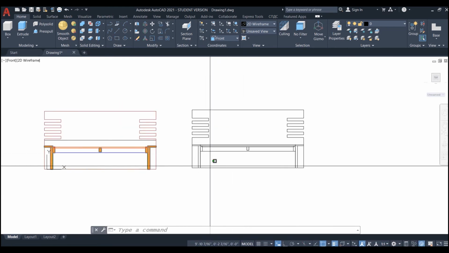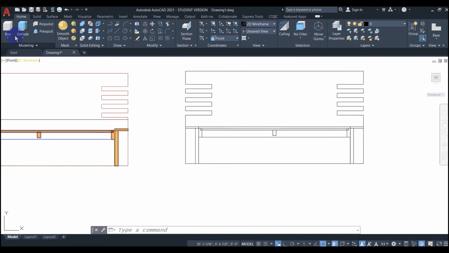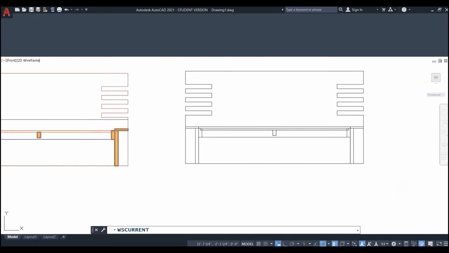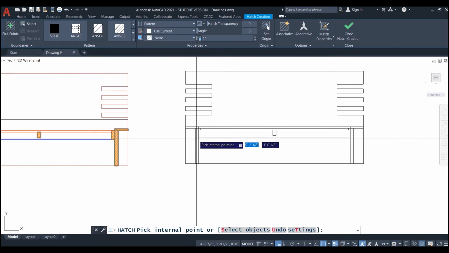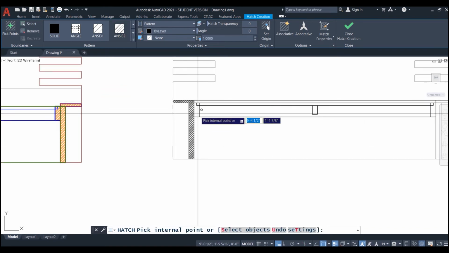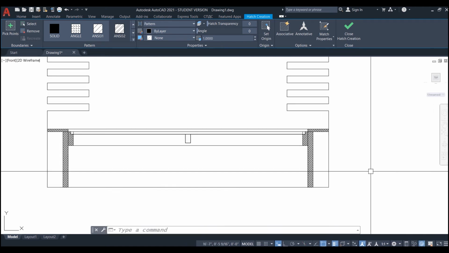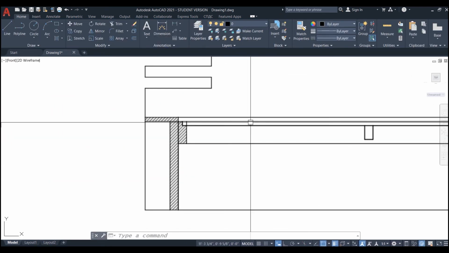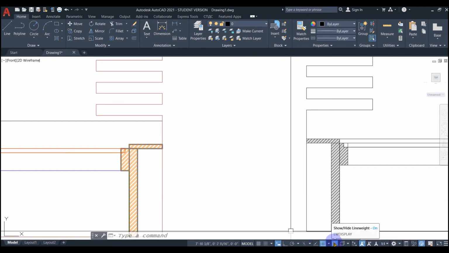It will come as a block which you can explode if you want to add some hatch pattern. If the line weight is not visible, just check if the visibility is on the status bar or not.